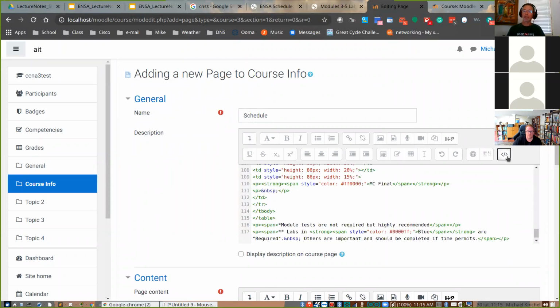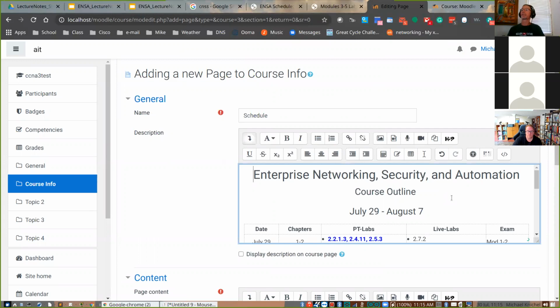I paste it in, I turn code off, and bam, there's my page from Netacad. So if you have pages that you're worried about, save them, export them, get them out so you have them. Because if the course gets archived and you don't have access to it anymore, then you're not going to have access to get the HTML.